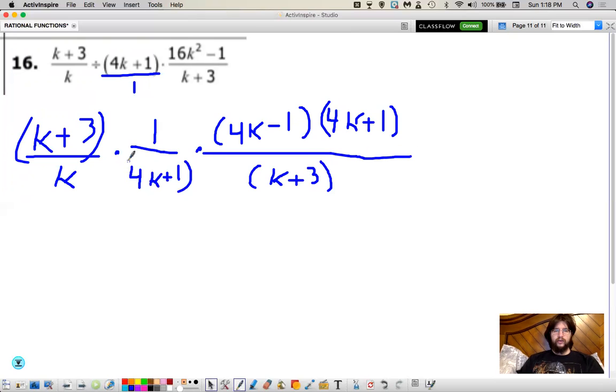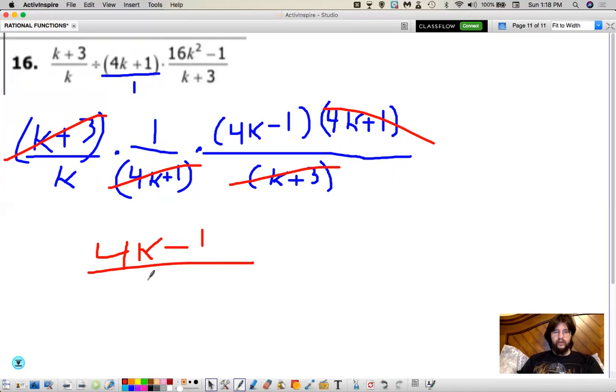All right, let's see what's going on here. K plus 3 and k plus 3 cancel. 4k plus 1, 4k plus 1 cancels. I think that's it. So 1 times whatever, who cares? It's just whatever it is, 4k minus 1 over k. And again, I'll take this, or if you want to split it up, since this is a monomial